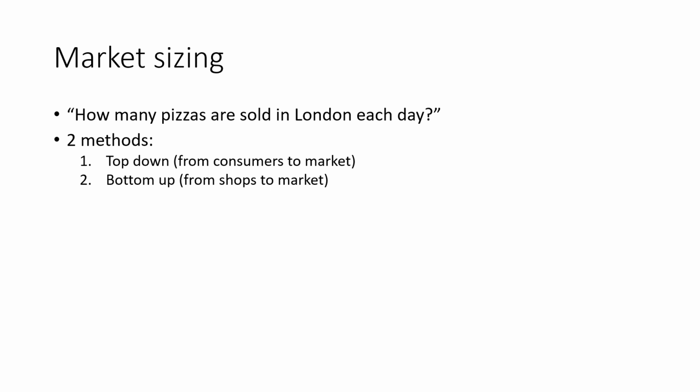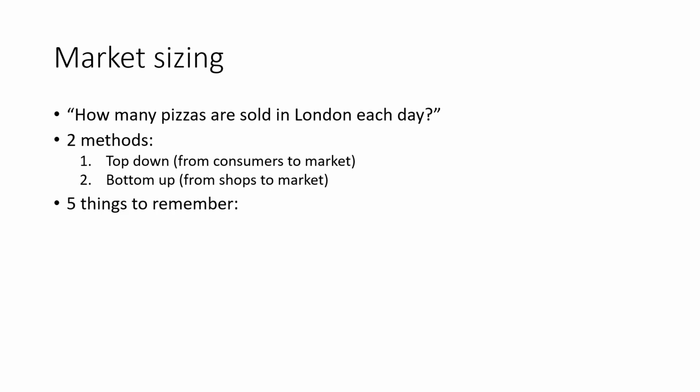The trick to knowing which one to do is that if it is hard to think of the percentage of a population for a certain market, don't do top-down, and instead estimate or ask for details on the supply side of the market. Since we are probably more likely to know how many people buy pizza than how many shops sell pizza, it makes sense to use a top-down approach to solve this particular problem.